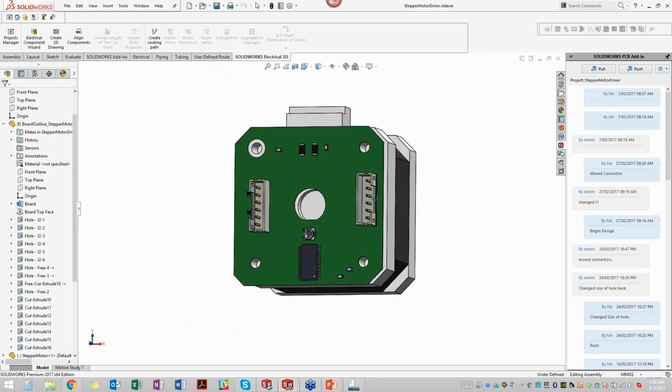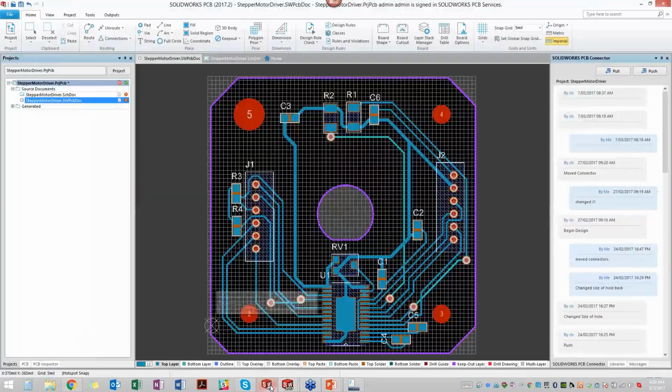And I need to add those 2 capacitors here. Now, in the past, I would have to do some file converting to go along with this. So all I need to do inside of SolidWorks PCB